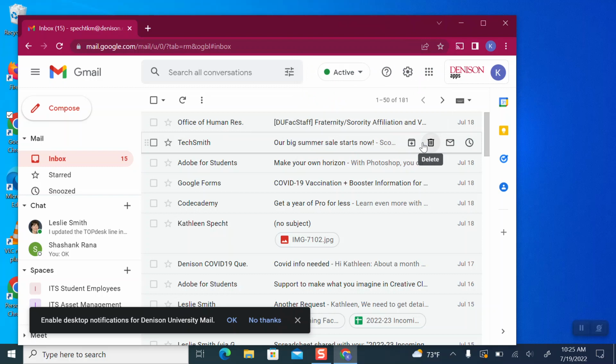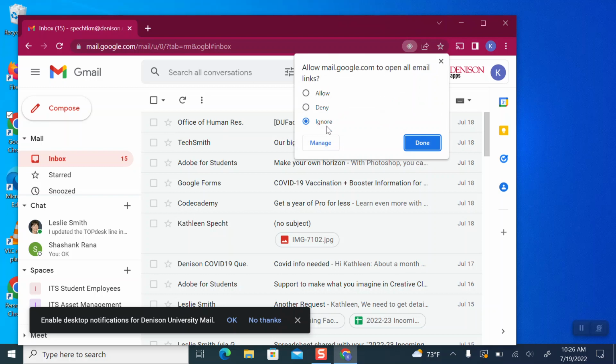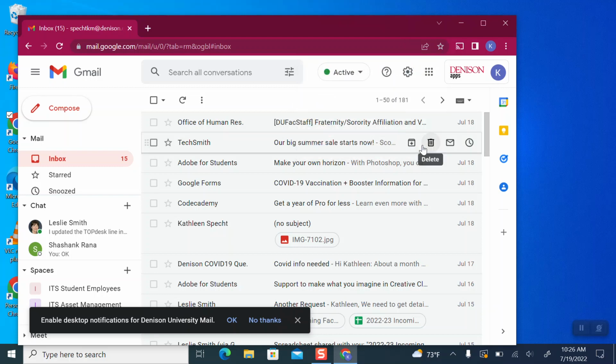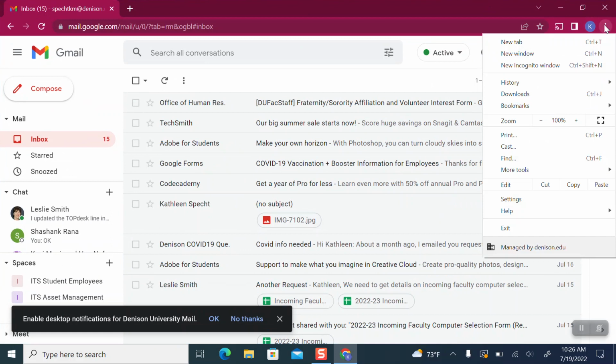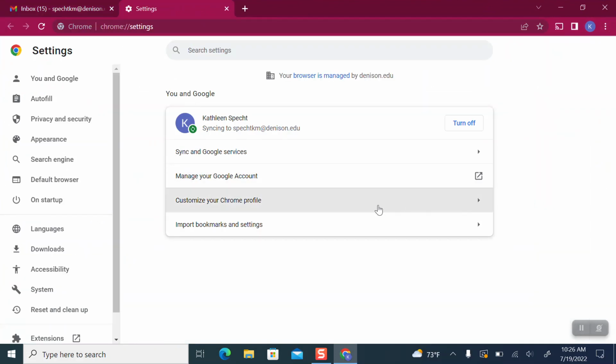So if these protocol diamonds don't come up for you, or if you have previously or accidentally clicked ignore or deny, and then clicked done, what you're going to want to do is come up to the Google Chrome menu, which is these three dots in the corner. You're going to want to go to settings, and then go to privacy and security,